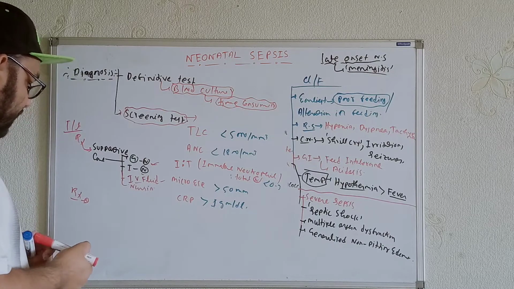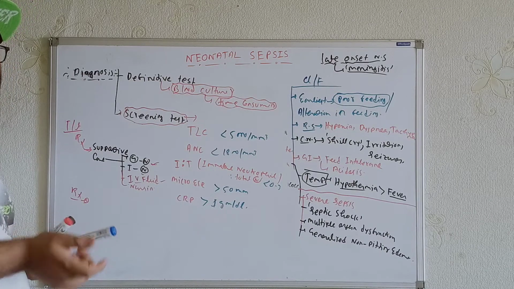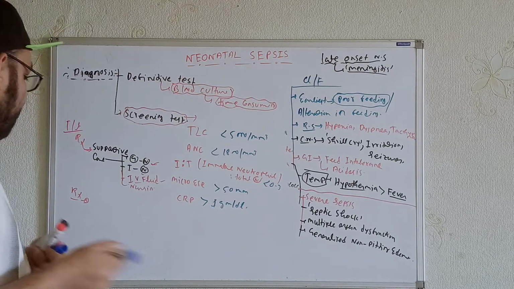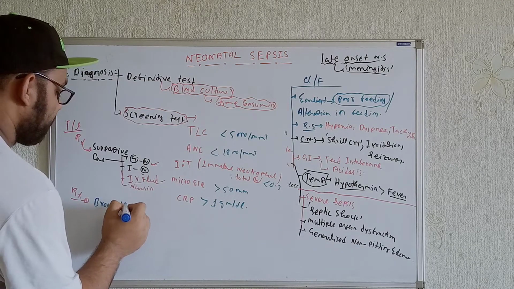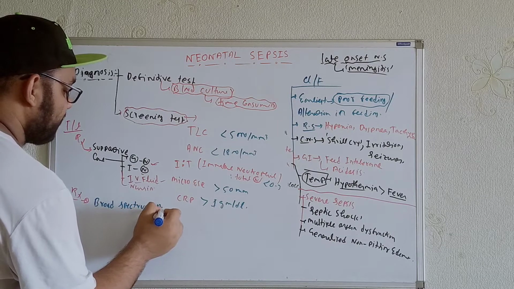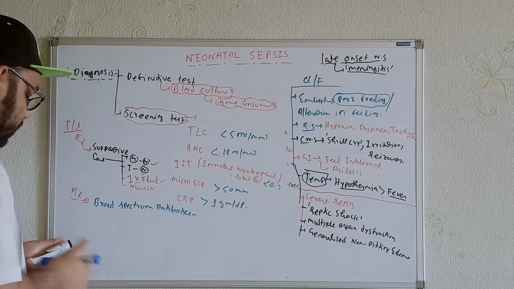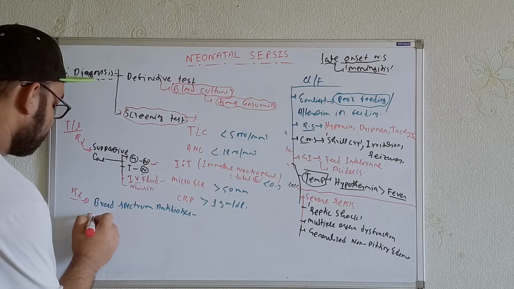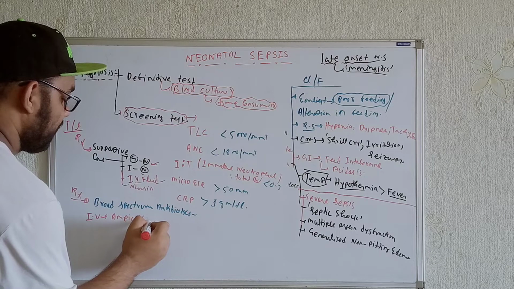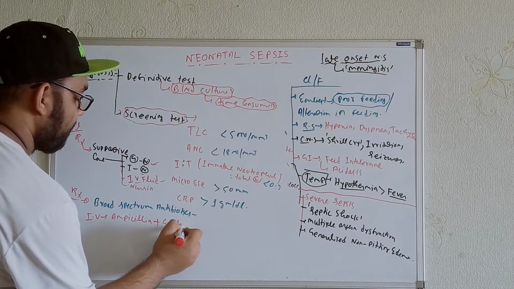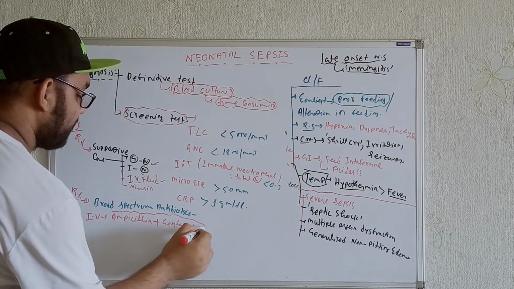Now, when you are talking in terms of antibiotic therapy, until you get the reports, you are not getting any result from the reports, so you have to start the antibiotic therapy. In this case, you have to use broad spectrum antibiotic therapy. So you will use broad spectrum antibiotics. Okay, and in terms of these, what do we have to give? We have to use intravenous ampicillin plus gentamicin in these cases.